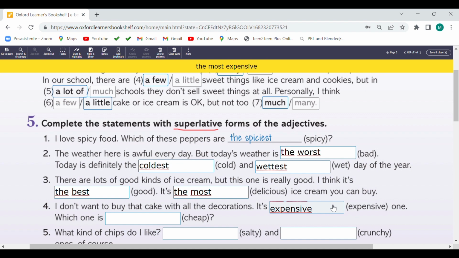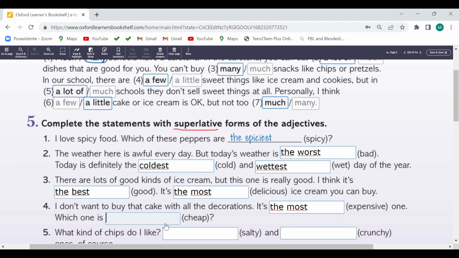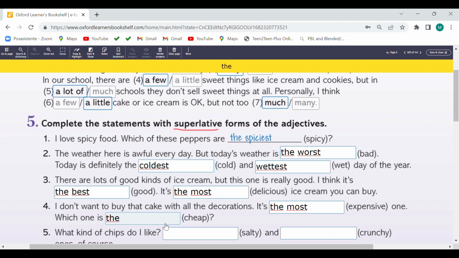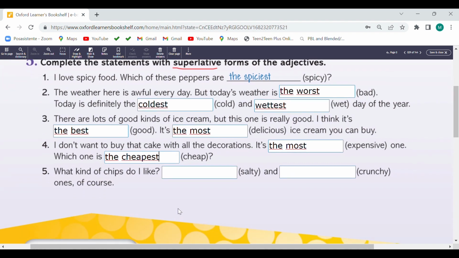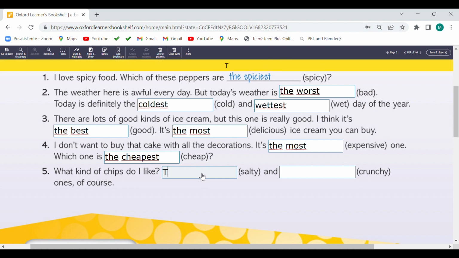The most expensive. Which one is the cheapest? And what kind of chips do you like? The saltiest and the crunchiest.